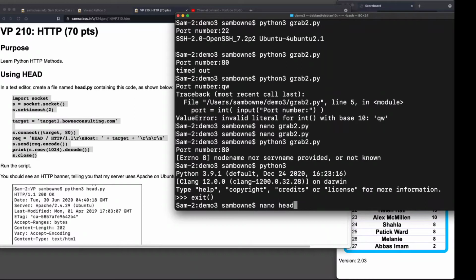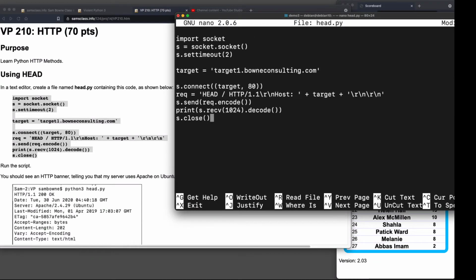So if I make a file called head.py, here it does the same thing. It connects to a target on port 80, but after the connection, it doesn't try to read sReceive right away because the server is not going to send any data back just from a TCP handshake. It's going to wait for a proper request, and here is the simplest HTTP request. It's 3 lines. The first line has to be